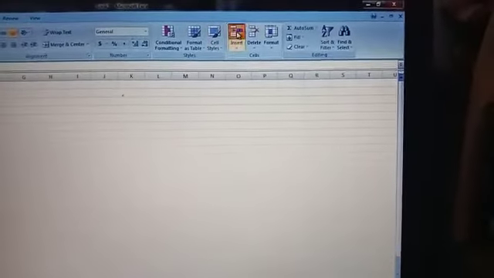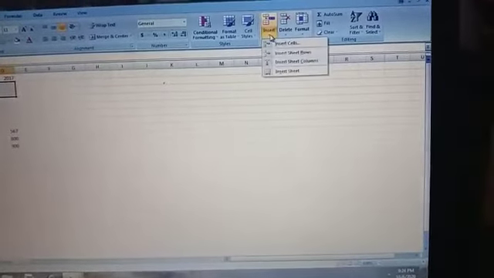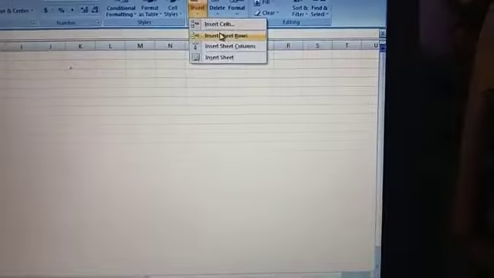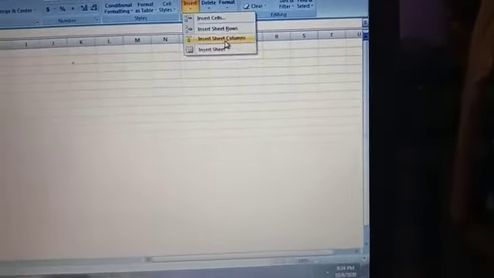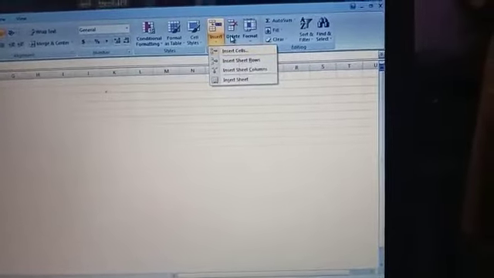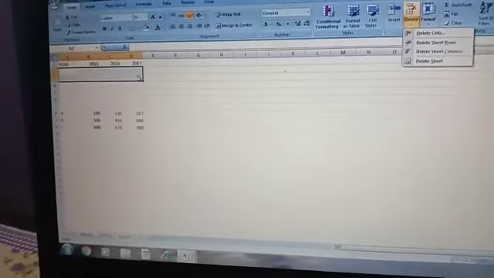We'll click on Insert. See, Insert Cells, Insert Sheet Rows, Insert Sheet Columns, Insert Sheet. Can you see many options? Here next we have the Delete: Delete Cells, Delete Sheet Rows, Delete Sheet Columns and Delete Sheet. So what have we selected here? See, that has moved down.